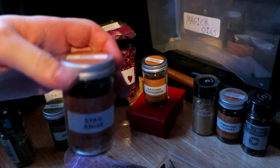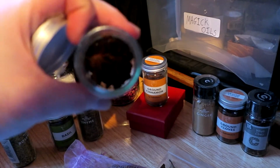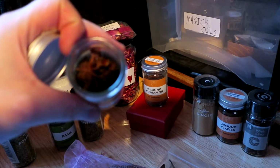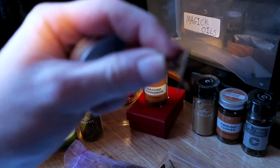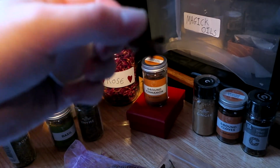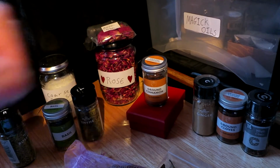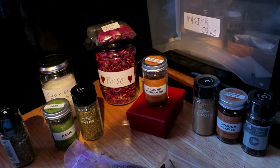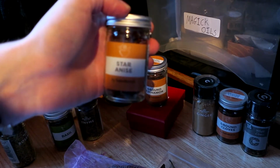Now, I think the reason why it really pongs is that it smells like licorice. I'll get one out for you. Star anise. There we go. It looks like a little star. That's why it's called star anise. Anyway, it really stinks. I don't particularly like licorice, so that's probably why I don't like it. It really stinks. And I made the huge mistake of grinding this up in my